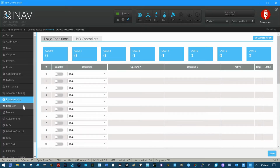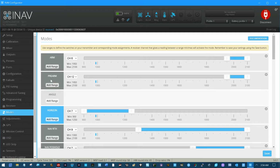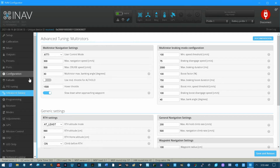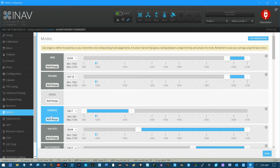Programming, nothing there. Receiver is set up serial, CRSF right here. The modes, I have a pre-arm mode set up on channel 12. I have my arm set up on channel 6. I'm not using angle mode at all anymore. That's why I was wondering about playing with this right here, but that's future. So I've got horizon mode coming up by default,